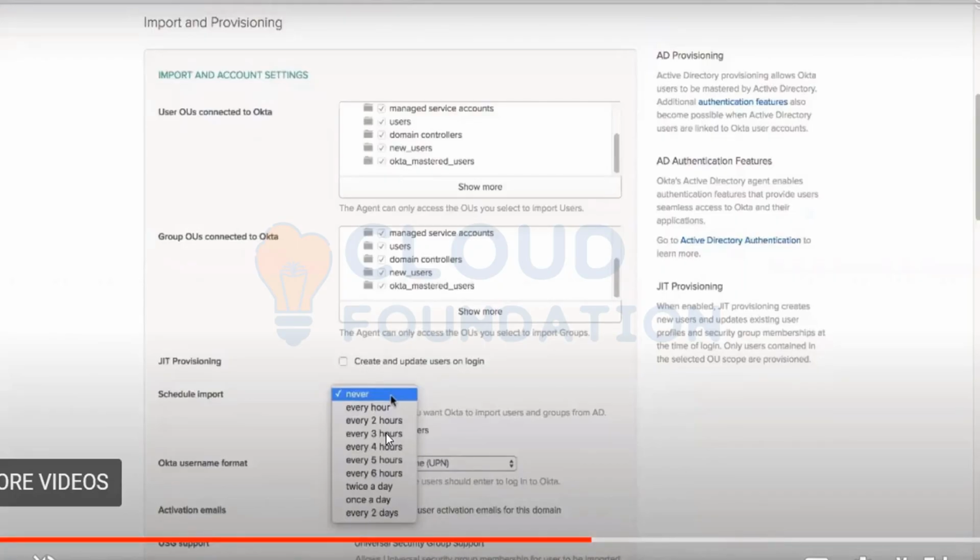If you have 5 lakh plus users, Okta is running some load in the back end all the time. And something is happening at the server also, because the AD agent is installed on that server and the agent keeps running that load all the time. The efficiency will be affected on the server. To avoid that, it will be better